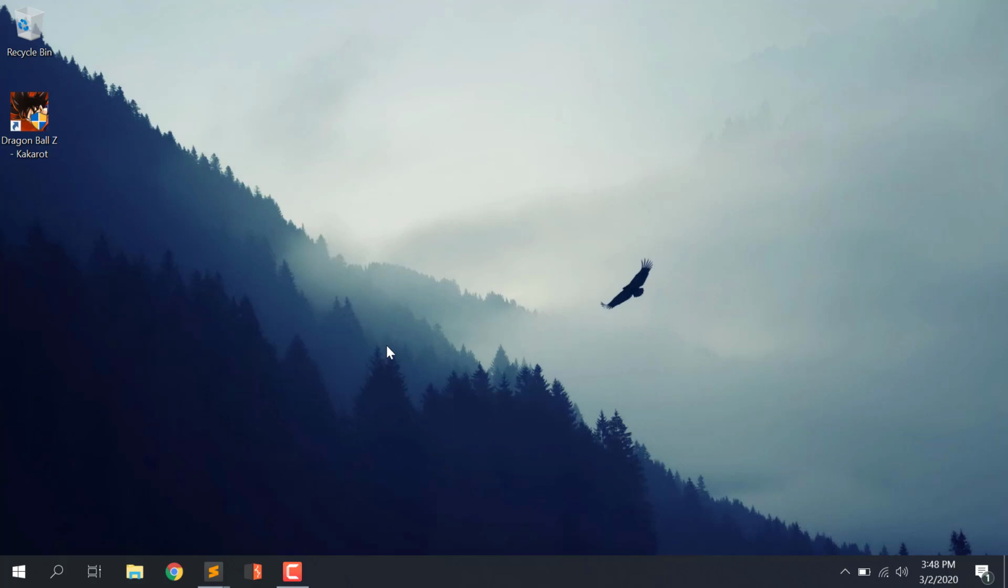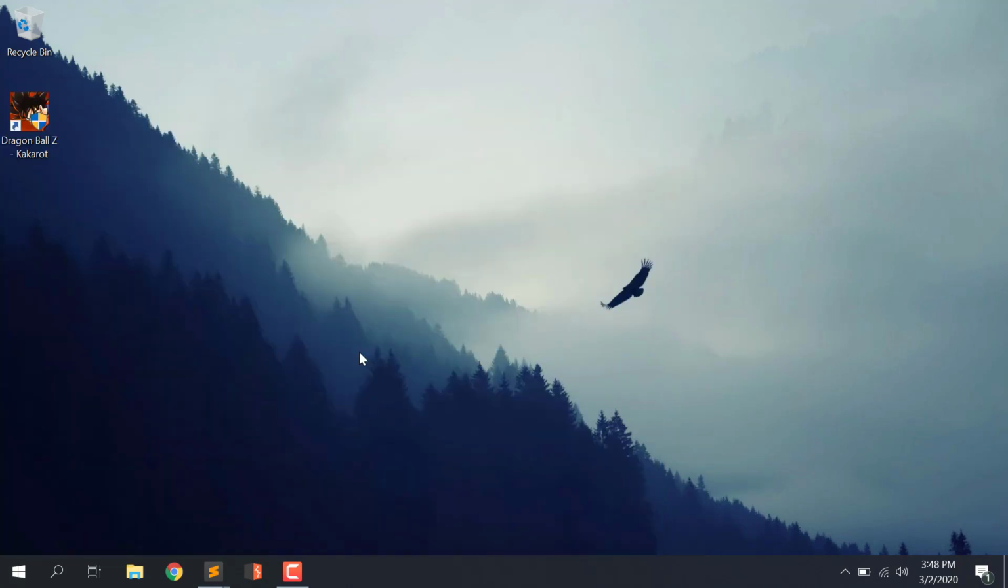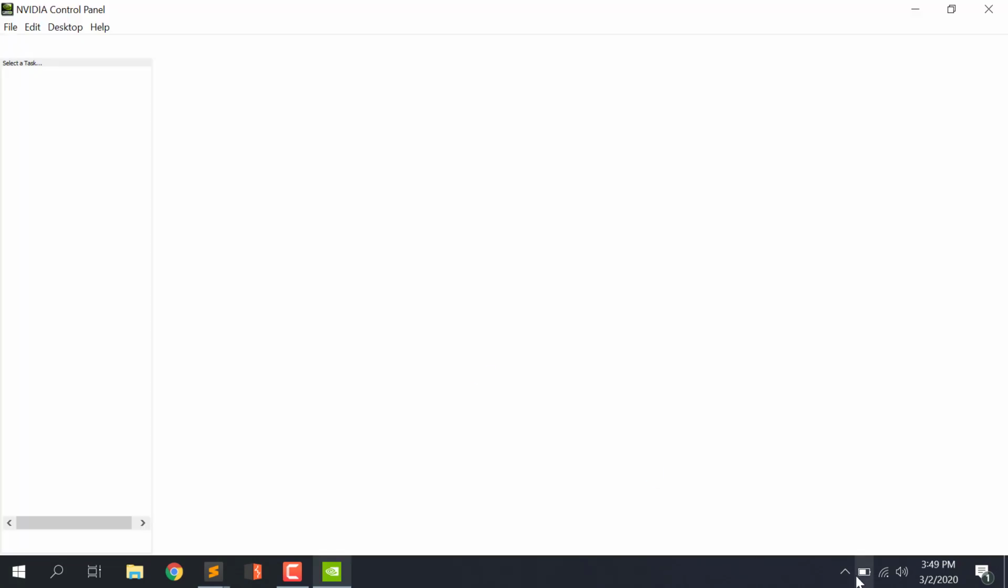So to change the graphic processor for any game on the Dell G3, well, it's not specific to Dell. If your laptop has a built-in Nvidia chipset, then this video is for you too. Just head over to the Start tab, type Nvidia Control Panel and open it. Well, you can also open it from the system tray: just right click here and click on Nvidia Control